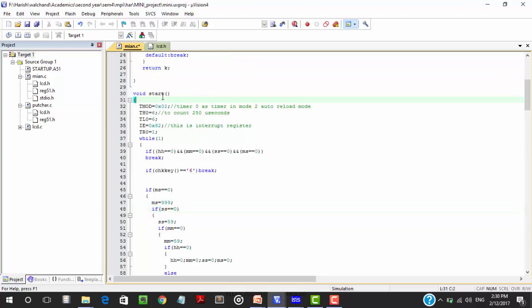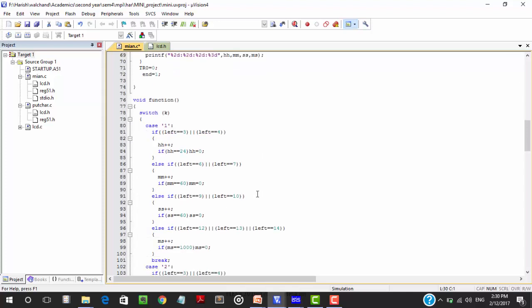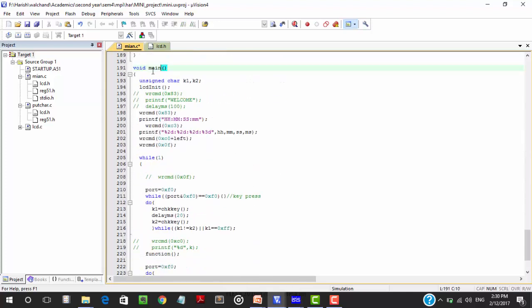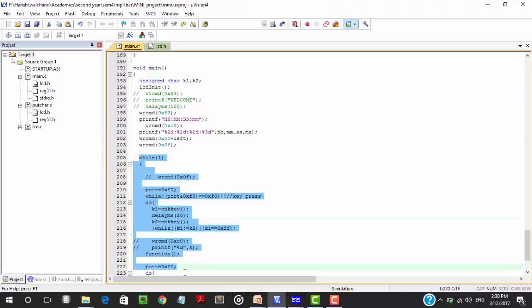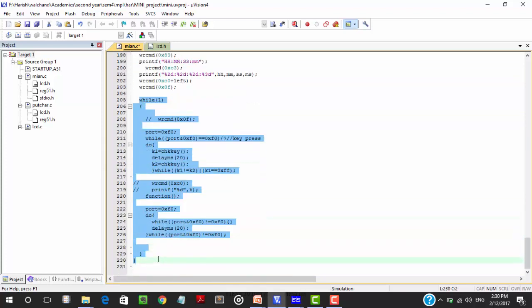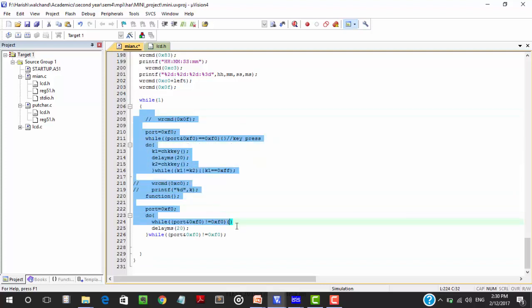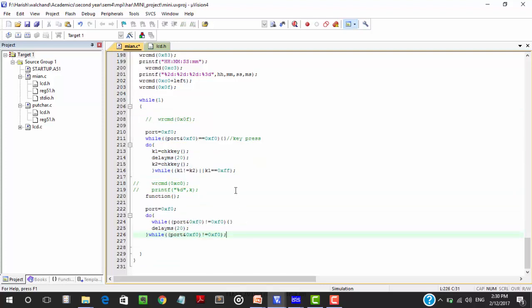Using timer with interrupt is very useful because it keeps our main program, the main while loop, empty of instructions related to the timer. Here I have checked which key has been pressed by the user. If I had used timer as timer without an interrupt, I would have had to write the checking flag in this main loop and it would take time.